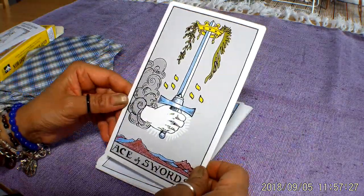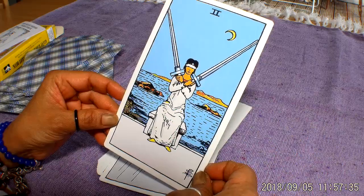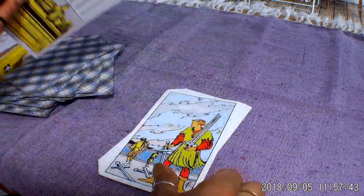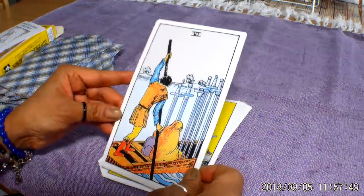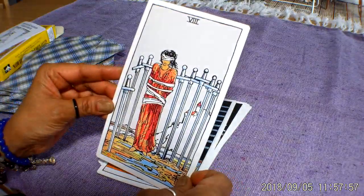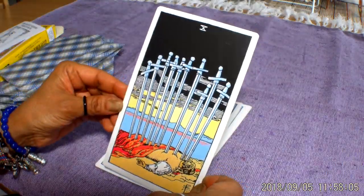Facial expressions are pretty good in this deck, I have to admit. So this is the Ace of Swords, Hand of God coming out with the truth. The 2 of Swords, the 3 of Swords, the 4 of Swords, 5 of Swords, 6 of Swords, 7 of Swords, 8 of Swords, the 9 of Swords, 10 of Swords,